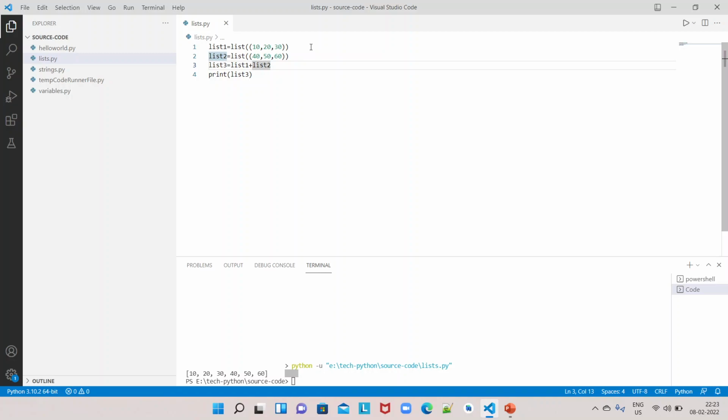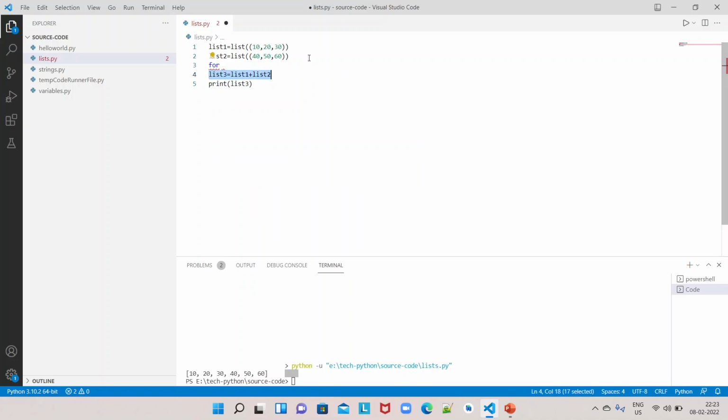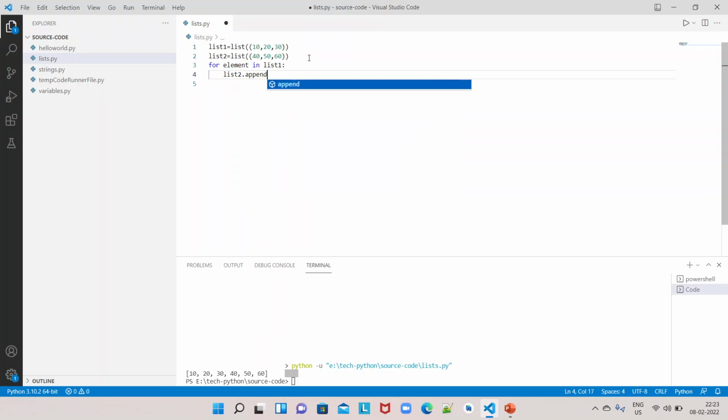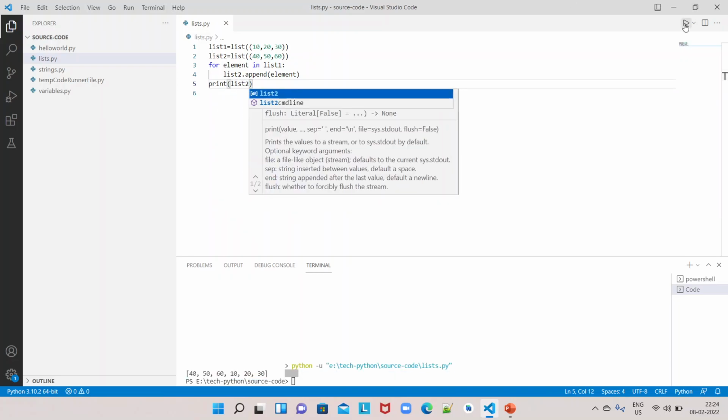There is another way of joining lists. Let us see. See here, list 1 is having 10, 20, 30. List 2 is having 40, 50, 60, right? Now what I'll do is I'll iterate through the for loop. I'll iterate through a list, element in list 1, and for each element that is returned from this loop, I want to add that element to list 2. Now if I print